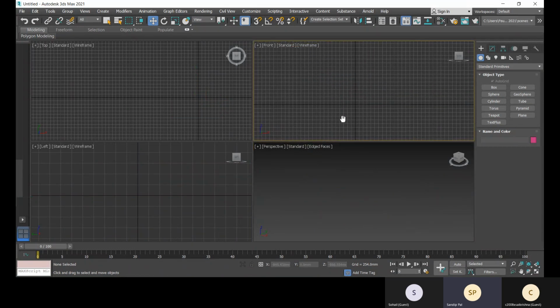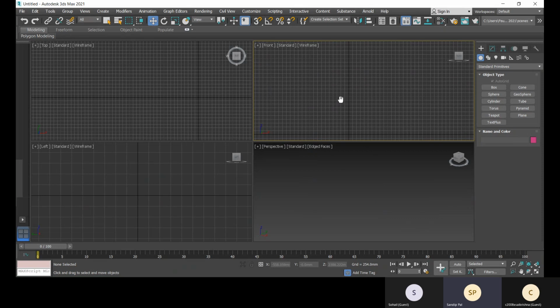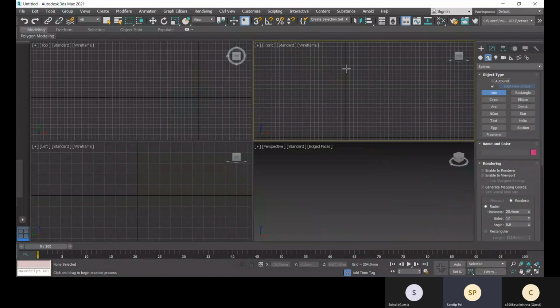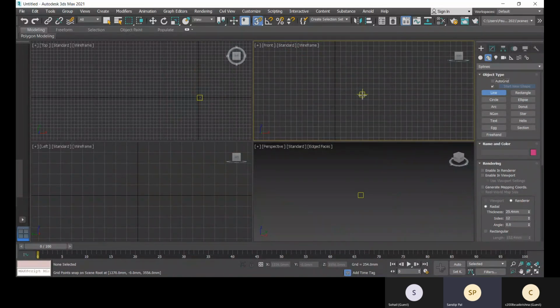Now let's create some baluster. You can create it with the line option. So we will select this line. Auto grid we don't need. Here we need snap, so S is the shortcut. We can create with our snap option.